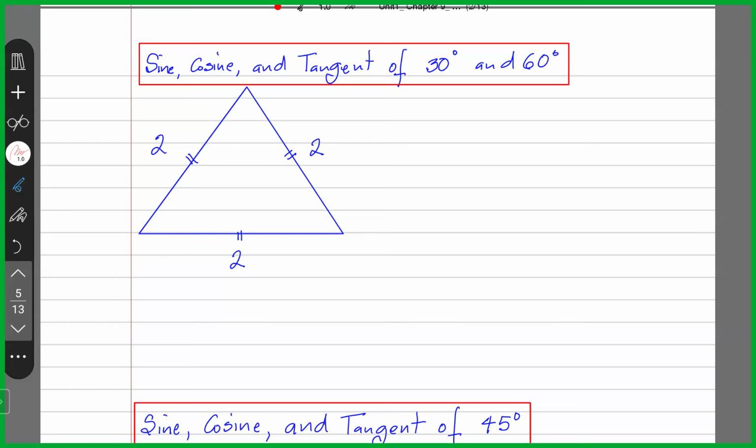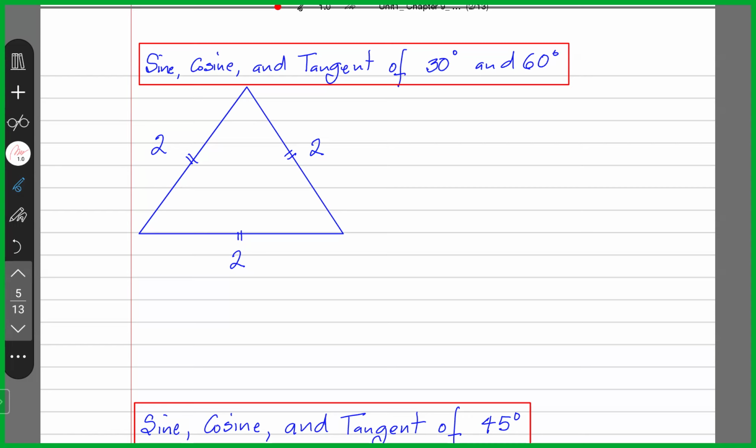All right, so next we're going to look at being able to state the exact value of the sine, cosine, and tangent of 30 degrees, 60 degrees, and then after that, 45 degrees. Now, if you want to be able to determine the exact value of the sine, cosine, and tangent